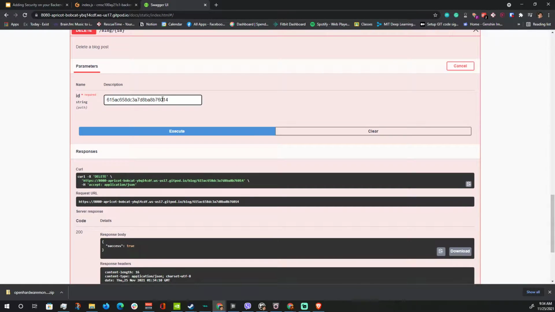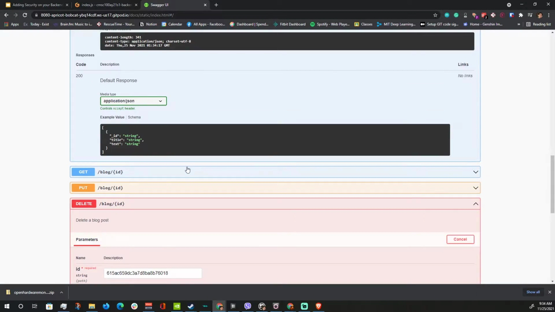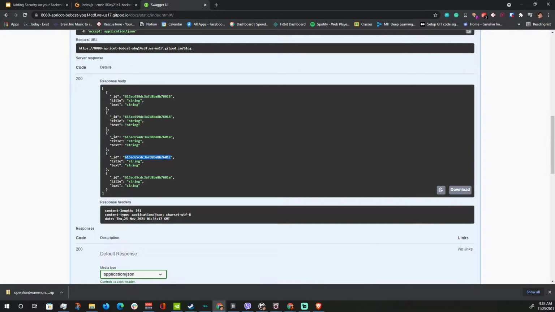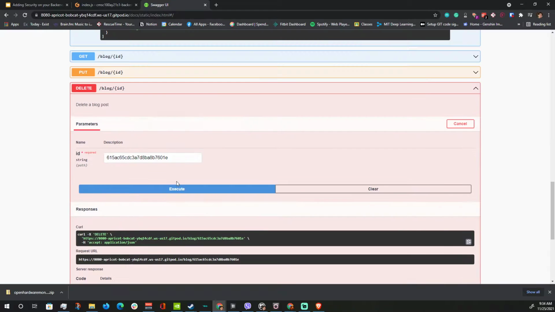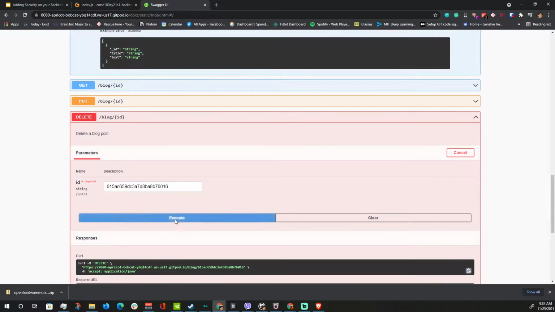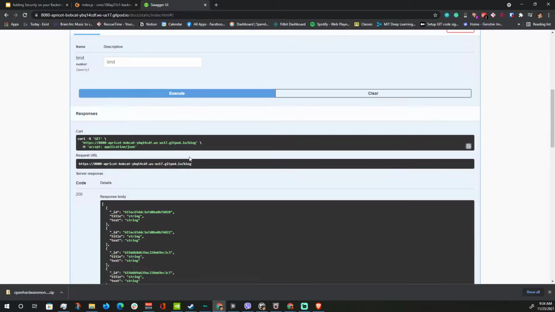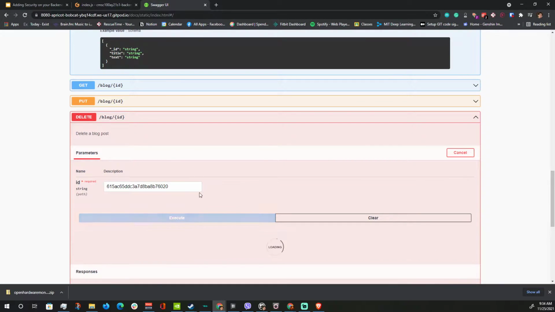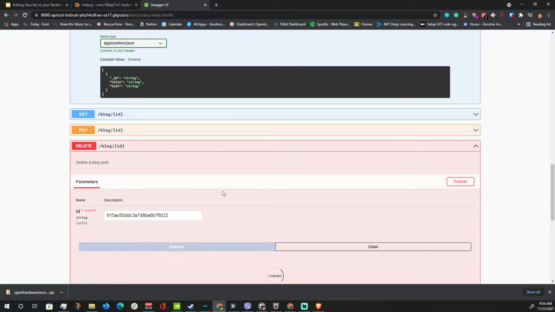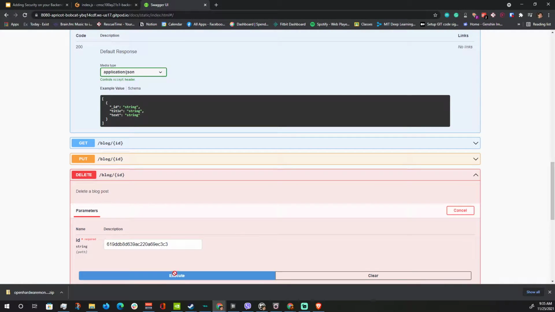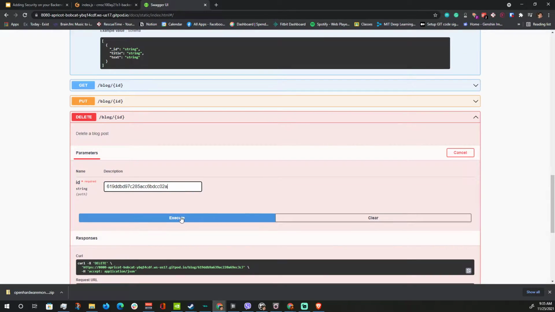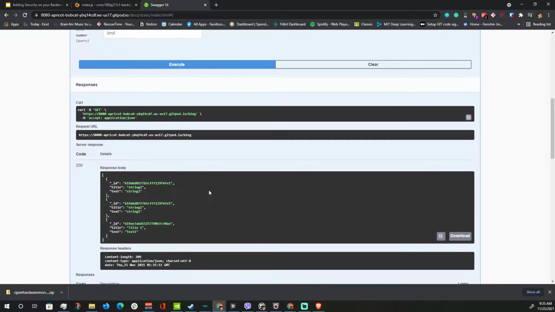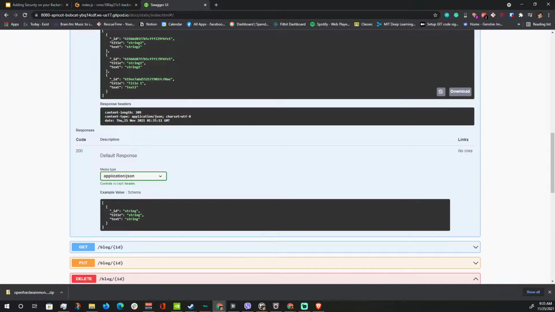So let's try deleting everything in the database if we can. And last is this one, and maybe this one as well. Let's see if there are things that are remaining. Yep, there are a lot of things that I created while testing this part. Let's go. Okay, so there are three more. If we delete them all,